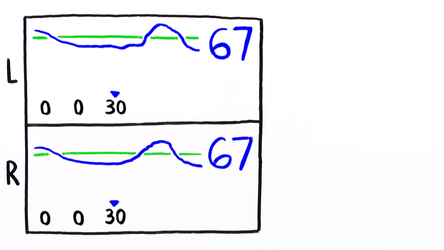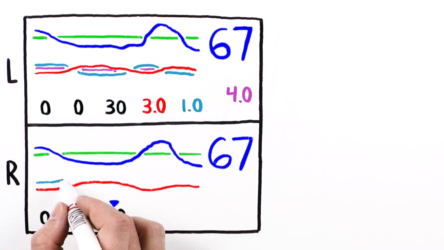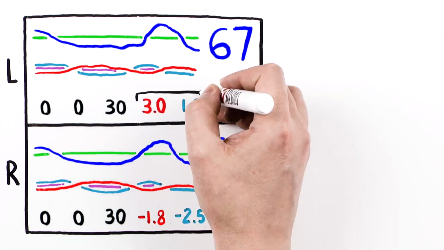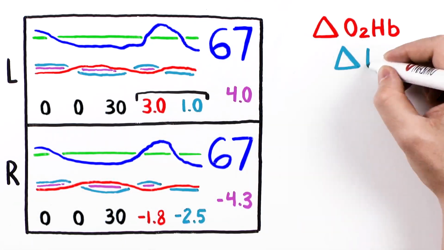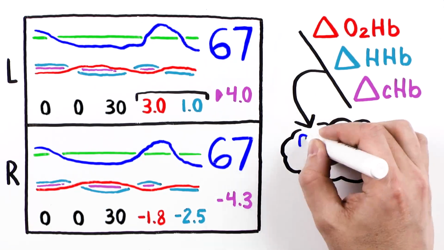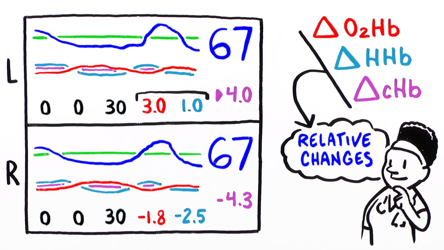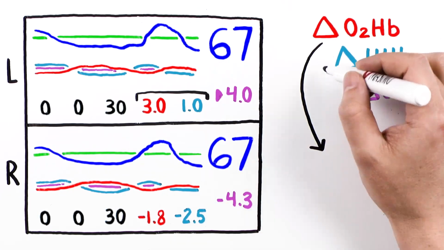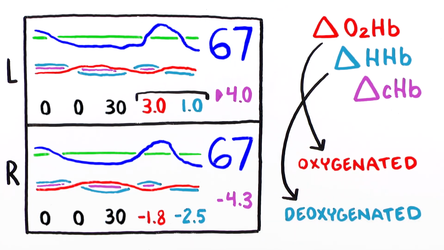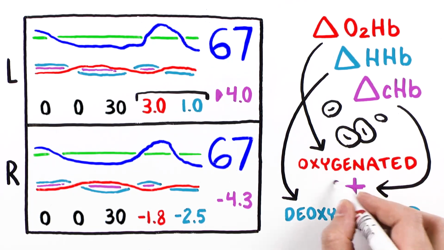In the left and right root forehead windows, O3 supports 3 additional parameters to provide insights to potential underlying reasons for rSO2 measurements changes: ΔO2Hb, ΔHHb, and ΔcHb. These measurements allow clinicians to see relative changes in the components of cerebral hemoglobin oxygen saturation. ΔO2Hb and ΔHHb show the relative changes in oxygenated and deoxygenated hemoglobin, respectively, while ΔcHb displays the sum of ΔO2Hb